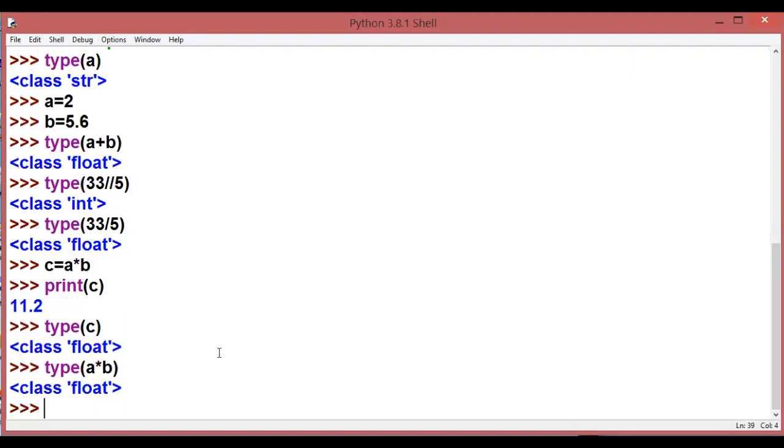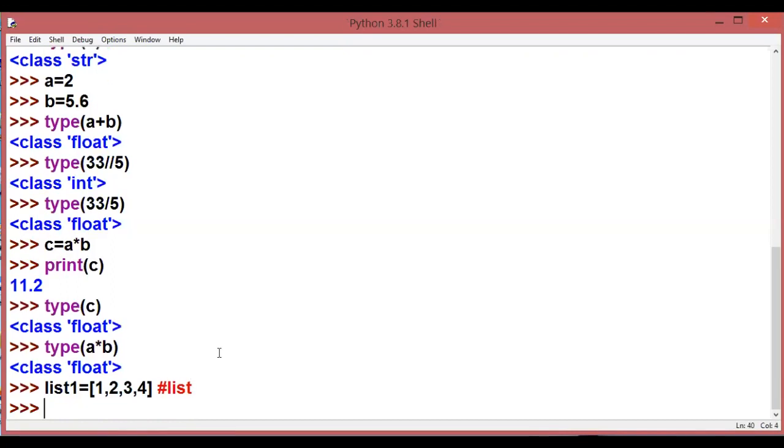There are some sequences also in Python, like tuple, list, and dictionary. So if I write over here, list 1 is equal to 1, 2, 3, 4, I have written 4 values inside square brackets. This pattern of writing the values is known as a list. Similarly, if I write list 2 and I write the values in round brackets, 1, 2, 3, 4, the same values in round brackets, this pattern of writing the values is known as a tuple.